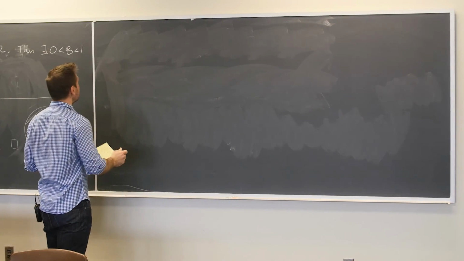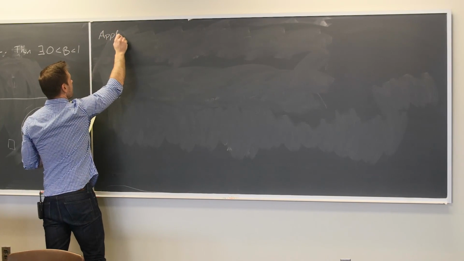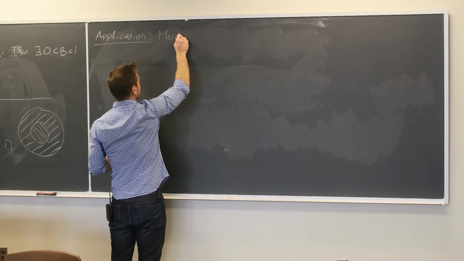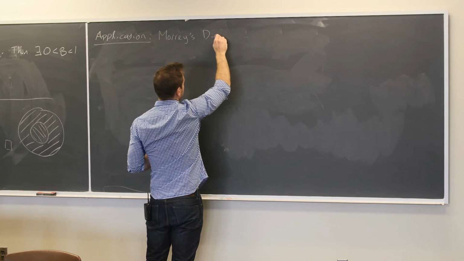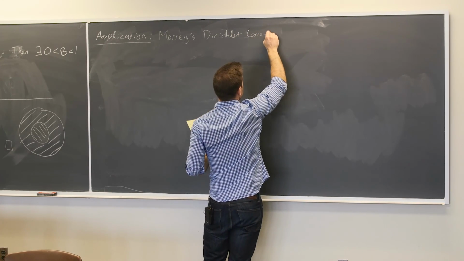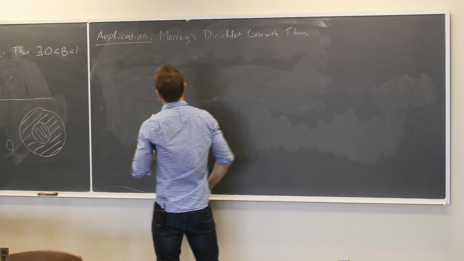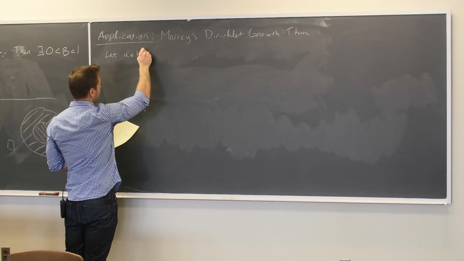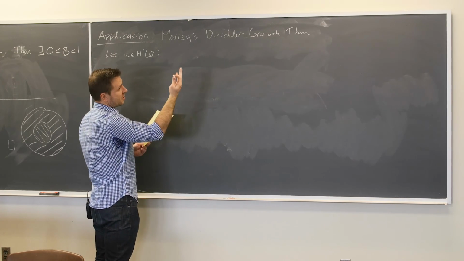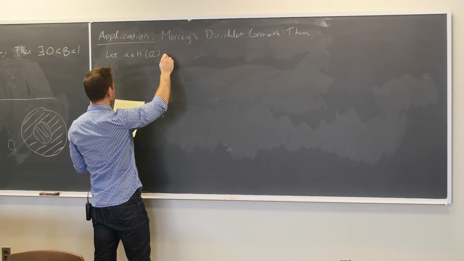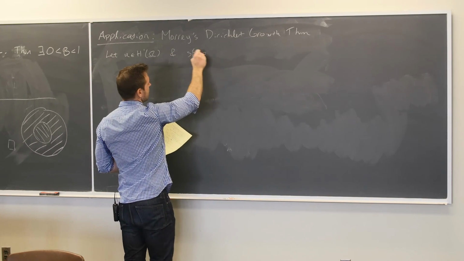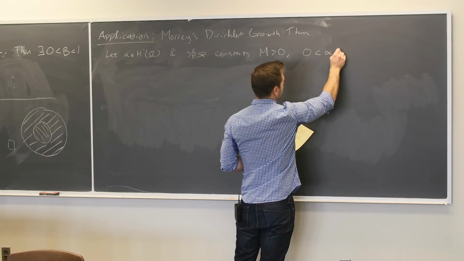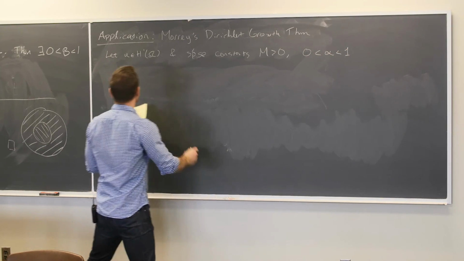All right, so now an application. And we're going to use something called Morrey's-Dirichlet growth theorem, which says, all right, so let U be a weak solution to our elliptic equation, or actually just let U be in H1 of omega. And suppose we have constants m greater than 0. We have an alpha between 0 and 1, such that